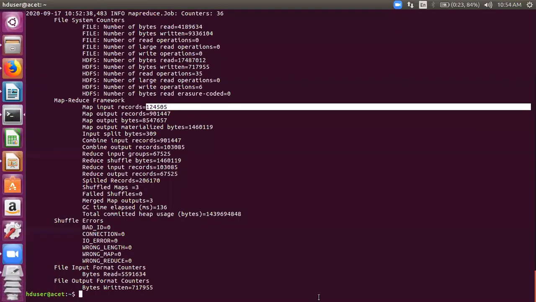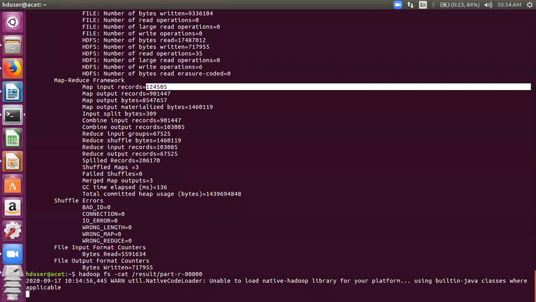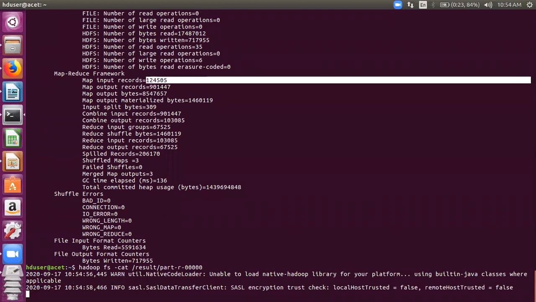So let's go back here. You can view this file from here also with your hadoop fs -cat. Then you can specify the path here. This will display the file.